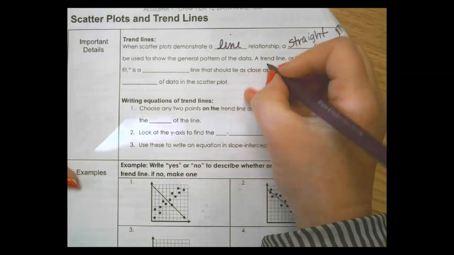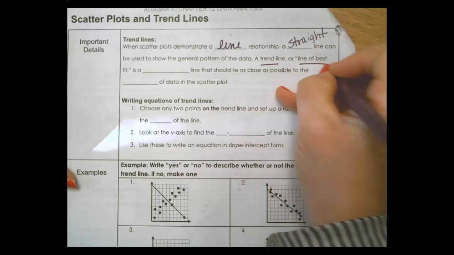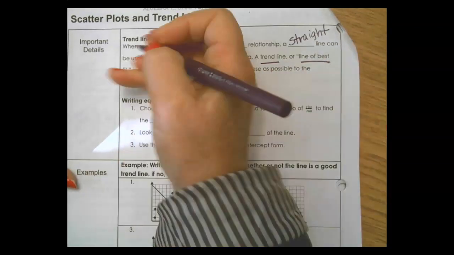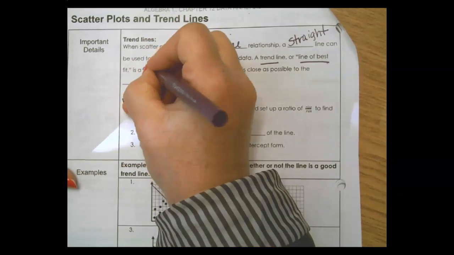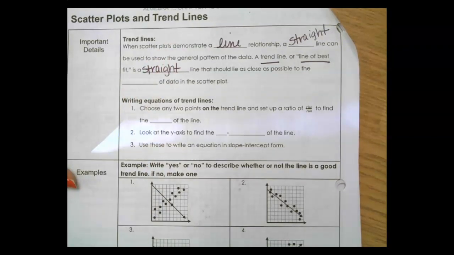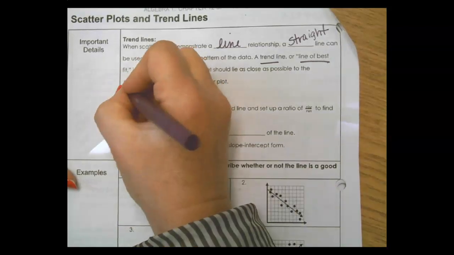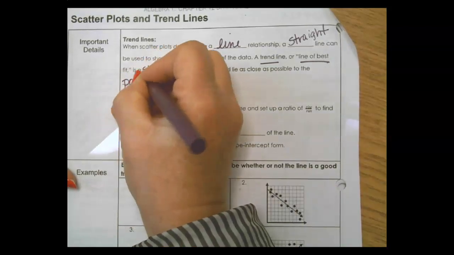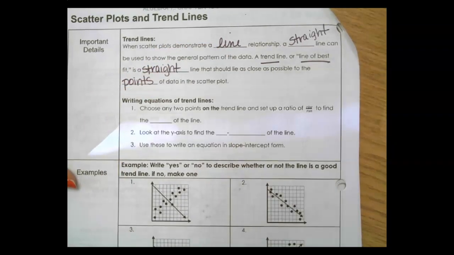It is called either a trend line or line of best fit. Again, it is a straight line that should lie as close to as many points of the data as possible. So it should go through the center. It should go all the way across, including the y-axis,